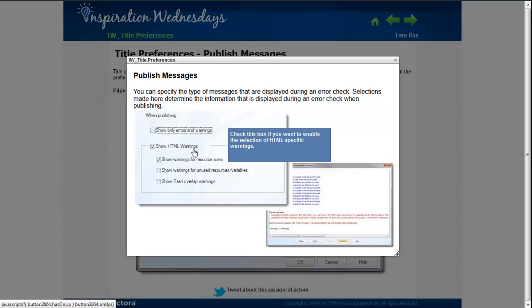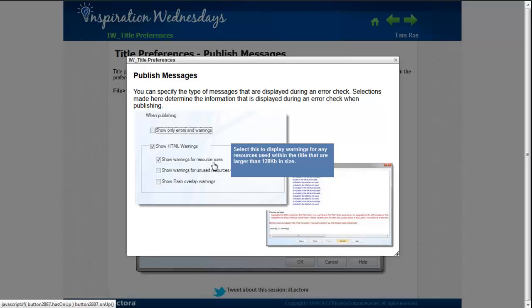If you select Show HTML warnings, this is going to enable the selection of all of those HTML-specific warnings, which we'll talk about now. So there's a warning here that says show warnings for resource sizes. This one always kind of throws people off a little bit in training, so I want to mention it. This is going to show you warnings for the size of objects within your title. Essentially, this warning is only going to be displayed if the object or the resource is larger than 128